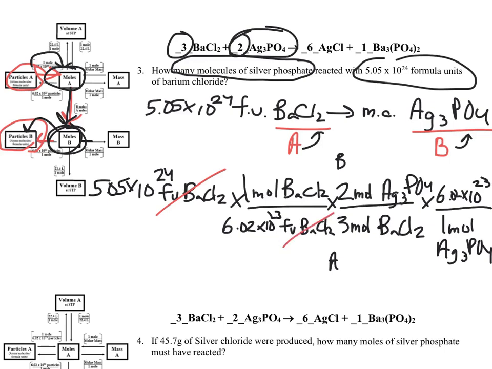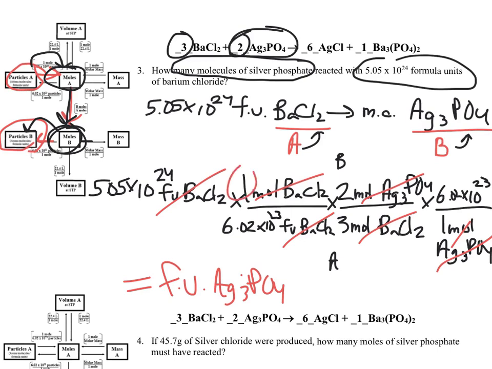But we've got formula units of barium chloride, moles of barium chloride, moles of silver phosphate, cancel out, and we're left with our formula units or molecules of silver phosphate. Technically, it should be formula units, though. That is a typo in the question. So we're looking for formula units of Ag3PO4. If I multiply everything on top and divide by everything on the bottom, I should end up getting about